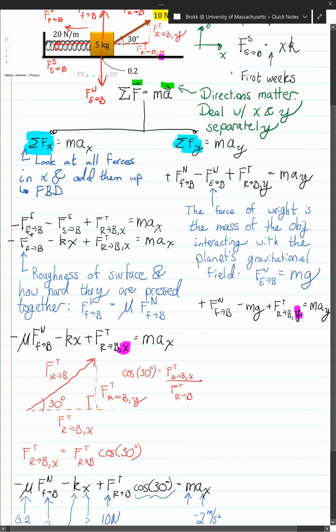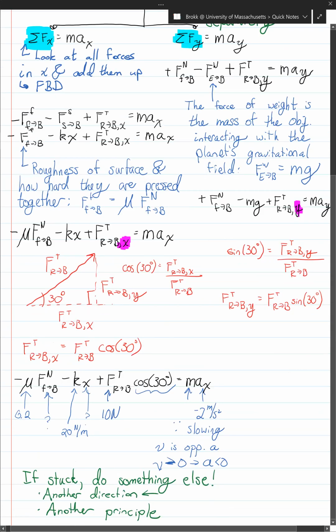And that's going to show us that this one is opposite, so sine 30 degrees is the force of tension rope on block y over the force of tension from the rope on the block, meaning that the force of tension from the rope on the block in y is going to be the force of tension rope on block times sine 30 degrees,